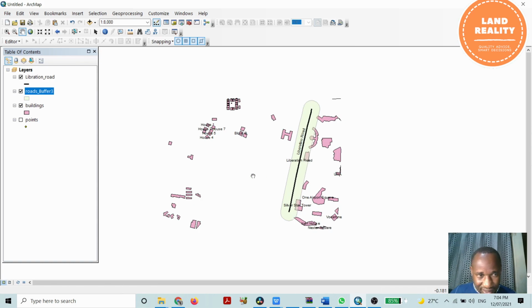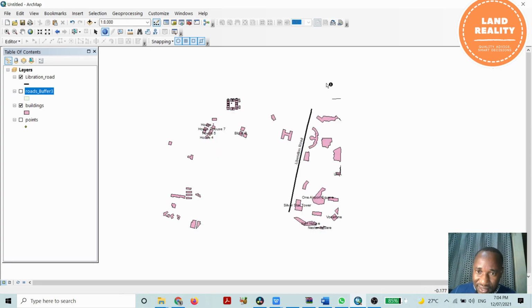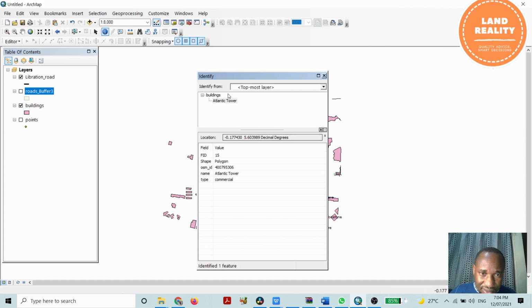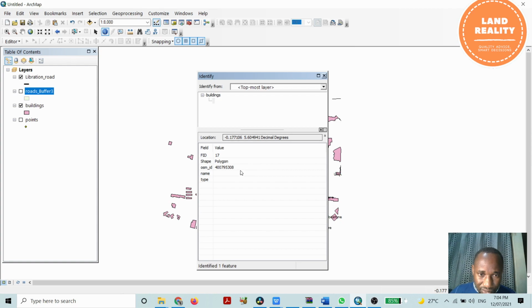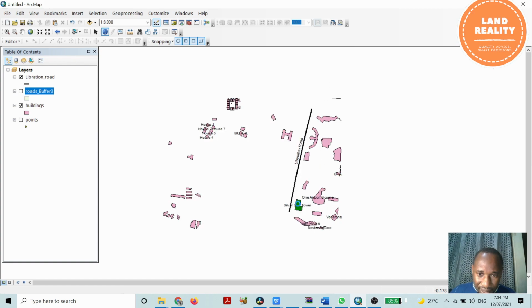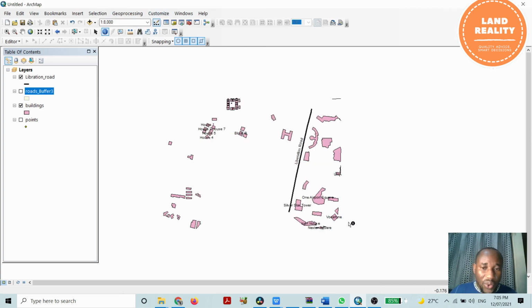And you can use the identifier tool. This building is Atlantic Towers. Part of this is also within, and part of this, which is the Silver Star Tower. And you can even find out or select all buildings within this area,